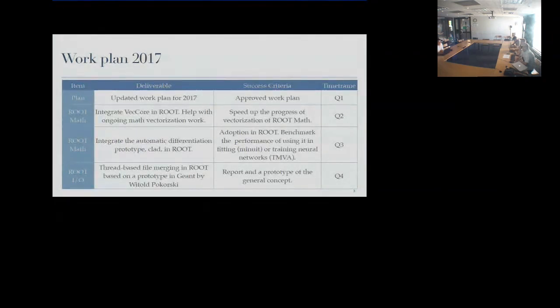Our work plan for 2017 was to perform 3 different tasks, mostly in math and I/O. The first task was to integrate and help with the ongoing vectorization work in ROOT. The second task, that I'm going to present a little bit today, was to integrate a new way of differentiation based on the so-called automatic differentiation techniques in ROOT. This is going to be especially useful for minimization and fitting algorithms, where we hope that it would improve things a lot. And the third task was the thread-based file merging